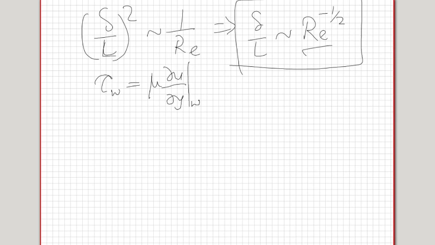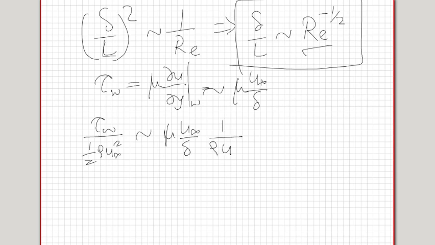This is how the shear stress is defined by Newton's law of viscosity. So now using this, if I write the orders of magnitude, this is of the order of mu, which will stay the way it is, and this will be u infinity divided by delta. So this tau wall is going to be of this order. If I want to non-dimensionalize this tau wall, I'll write tau wall divided by half rho u infinity squared is of the order of, I can drop this half in the order of magnitude, so it will become mu u infinity by delta, and into 1 by rho u infinity squared. If you want, I can keep the half also and make it 2, but you can just drop it because it's only an order of magnitude.